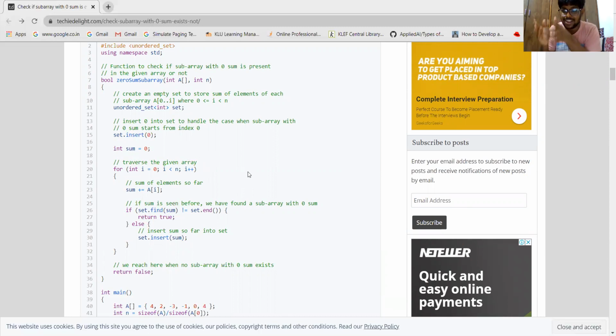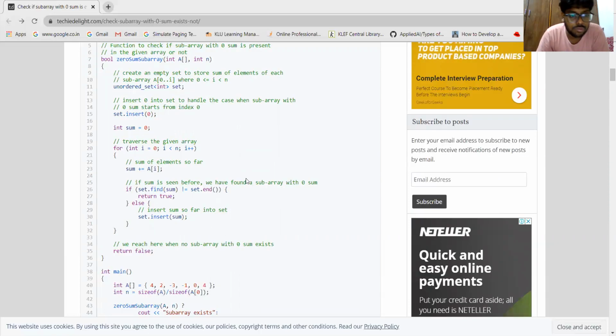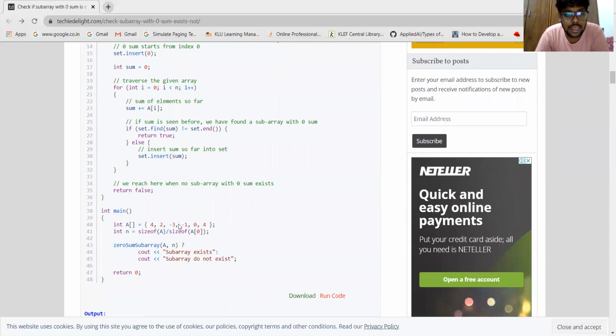If the sum is there, or if 0 is there from the sum of the subarray I am traversing, I compare. If I see the 0, obviously I'll return true. Otherwise, you insert the sum. Simple. This is the array which I want to traverse.